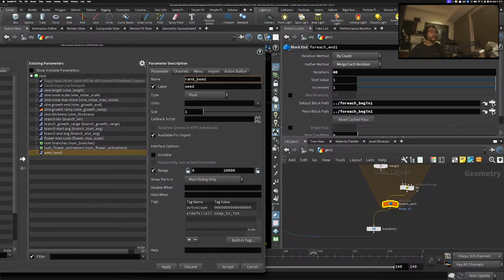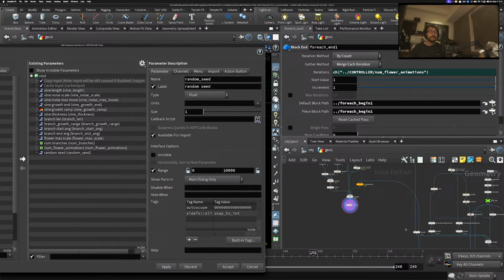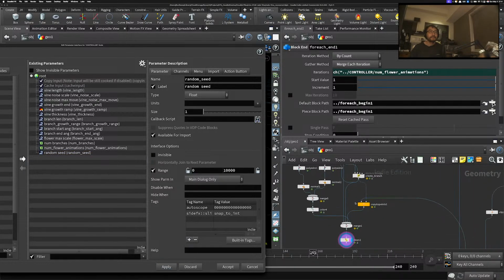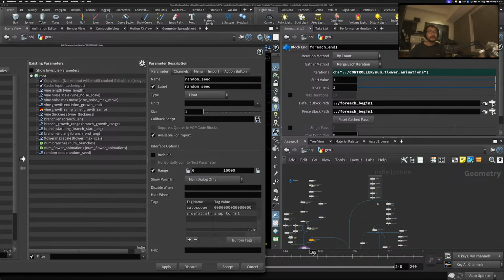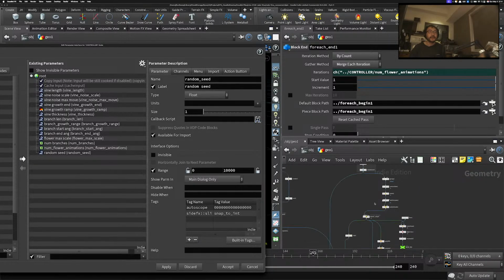Gonna name this random seed. What else? So for the seed,